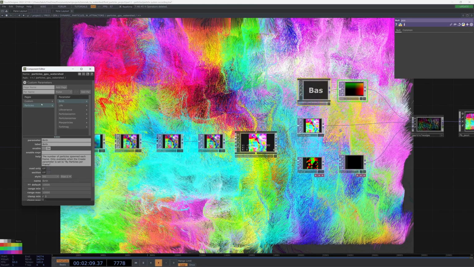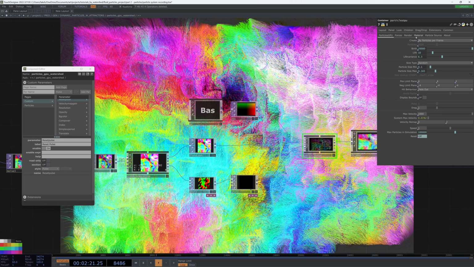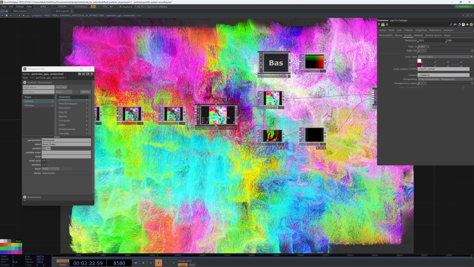So we already have an output resolution that's being passed to our particles GPU. I believe we do. So we can just open our parent parameters, and